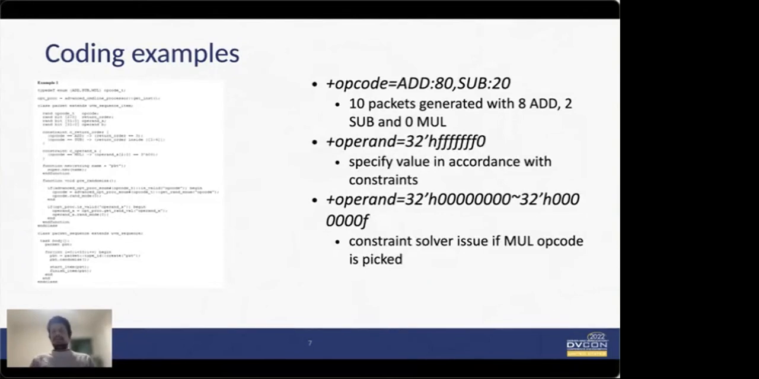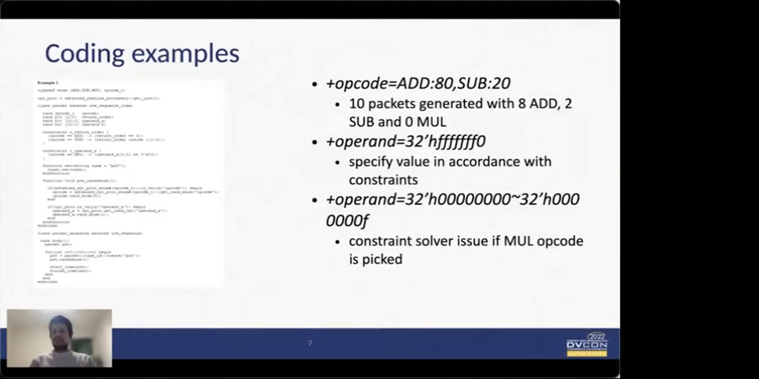Now, in this example, in the first scenario, I'm giving plusarg opcode equal to add 80 and sub 20, which means I don't want the mul opcode at all. And if I generate 10 packets, approximately 8 packets need to be generated with the opcode of add, and about 2 of them with the opcode of sub. Now let's look at the second instance, operand equal to 32'hFF,